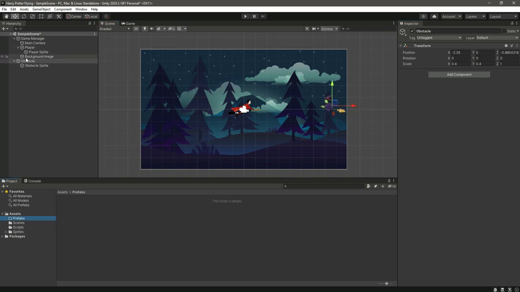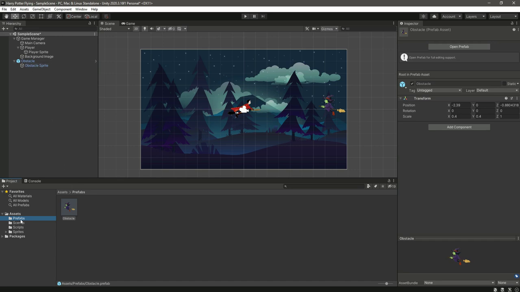So now let's add this obstacle game object inside our prefabs folder. Just drag and drop it. Prefabs are actually a special type of component which allows us to create, configure and store a game object complete with all its component property values and the child game objects as a reusable asset. By this I mean we will simply call this prefab and this obstacle on our screen as many